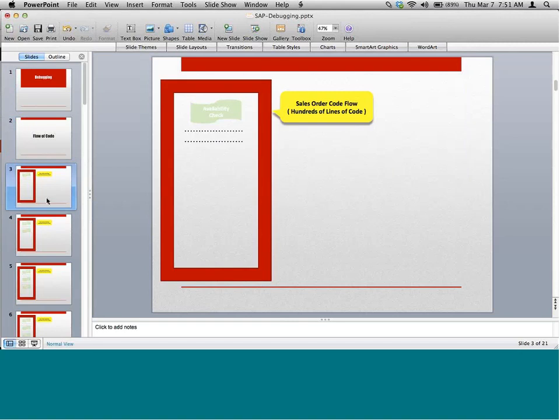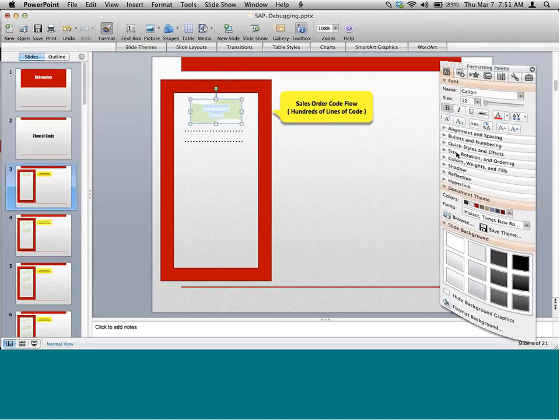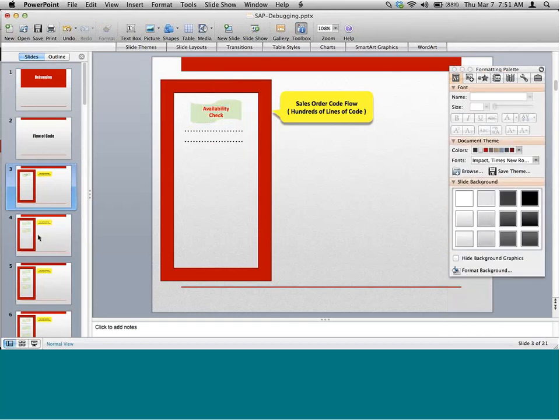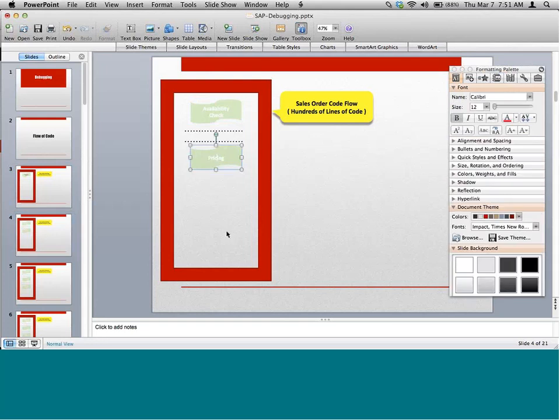We understand sales order, right? The sales order is created via VA01. You enter the customer, and then you enter the materials. What happens behind the scenes? Now you see, availability check happens, right? I think you're not able to see it. Maybe the text is in different. Right? Availability check happens. What happens after that? Pricing happens. Right? And then